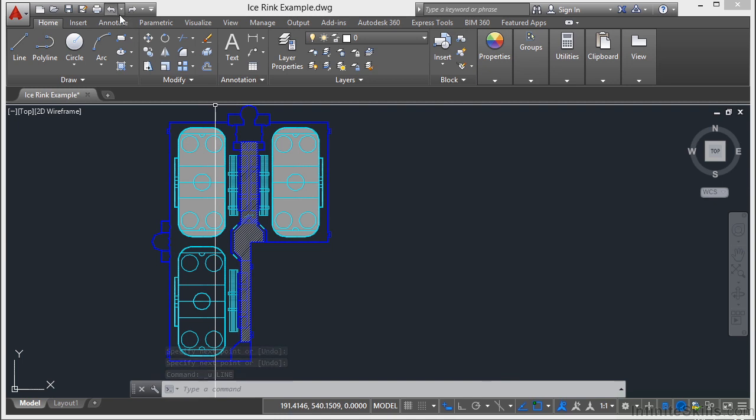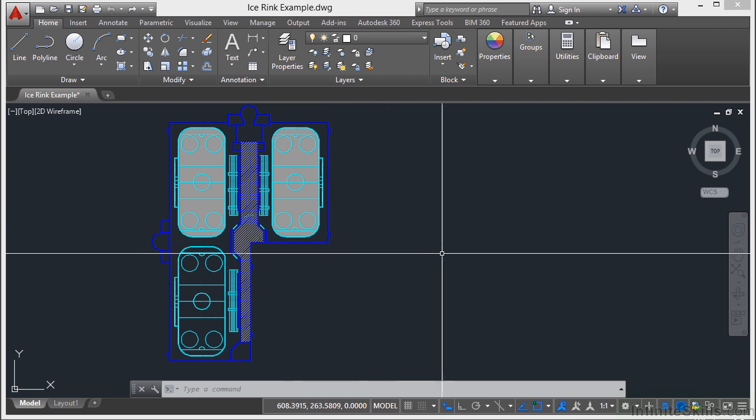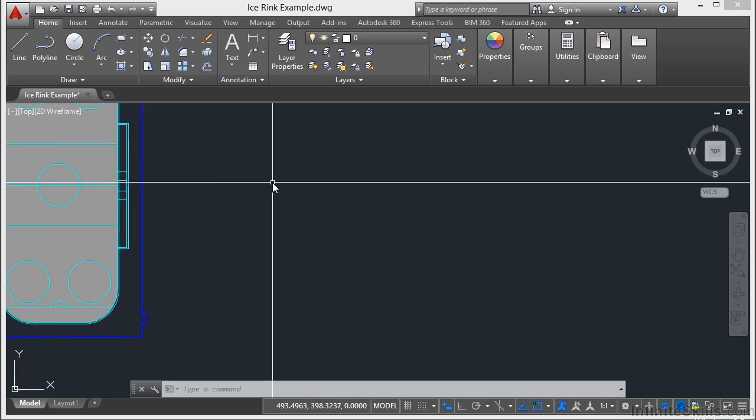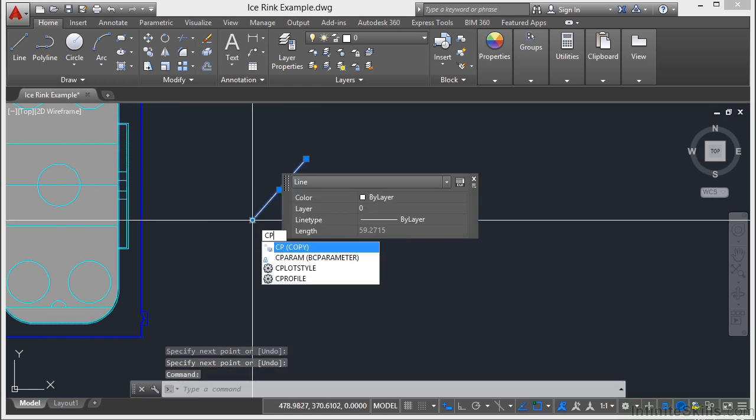You can also come up to the quick access toolbar, click on this little arrow. As you click on it, it will undo an option. If you click on the little arrowhead, it will give you a list of different things that you've done. So let's say we panned, we zoomed, we drew a line, we copied that line,